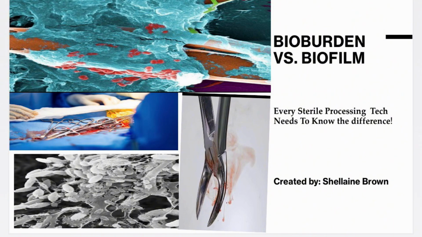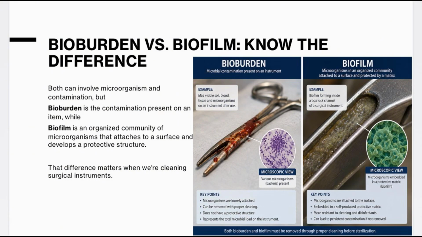Both can involve microorganisms and contamination, but bioburden is the contamination present on an item, while biofilm is an organized community of microorganisms that attach to a surface and develop a protective structure. That difference matters when you're cleaning surgical instruments. So here's a way to remember the difference: bioburden is what is contaminating the instrument, and biofilm is the microorganism that has attached and built a protection around